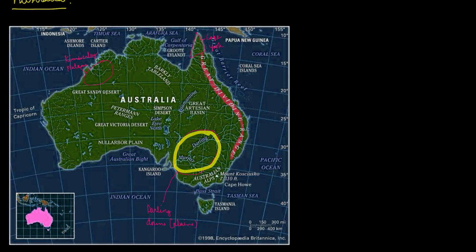Then over here towards the south eastern part of Australia is the Darling Downs. These are the plains. These are not plateaus. So Kimberley is a plateau and Darling Downs are plains. So in order to keep a darling, you have to be plain. Anyways,